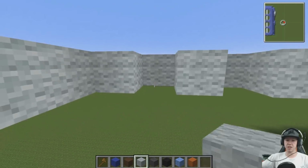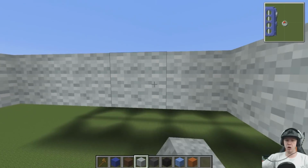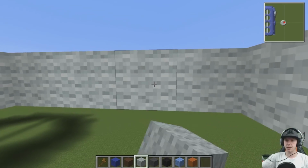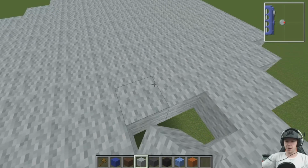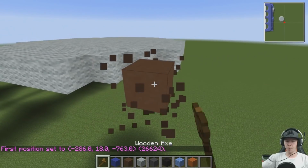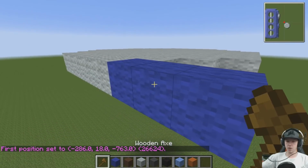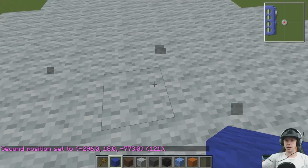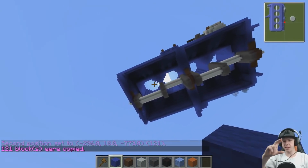So what we'll do now is we'll select this whole circle, and we'll find out how many times we need to copy and paste it on top of each other to make it look like the piston head, not cylinder head, sorry. Okay, so we'll grab a corner. Boop. And we'll grab another corner. If I don't fall. There. And I stand in the middle. I'm in the middle. Copy. So, 121 blocks. We need to work out...